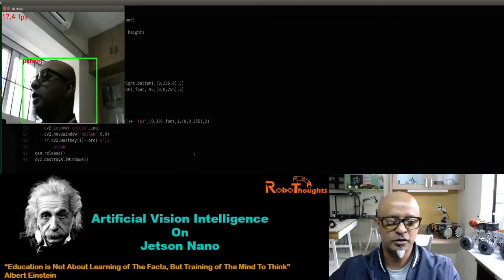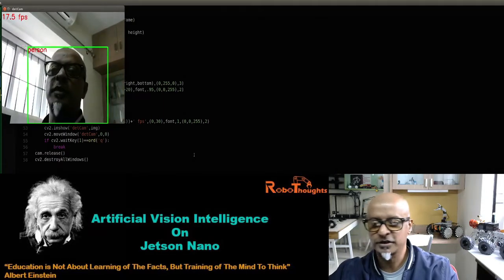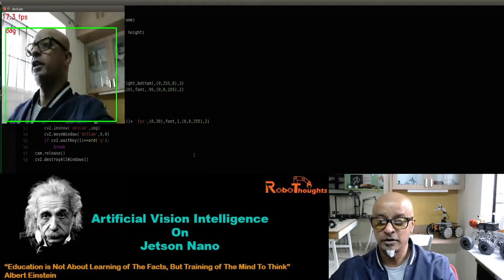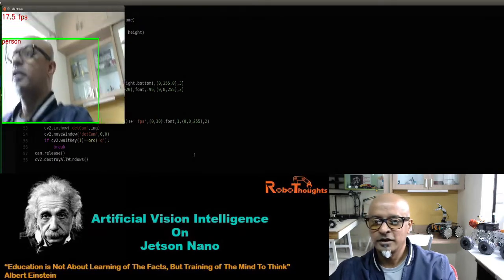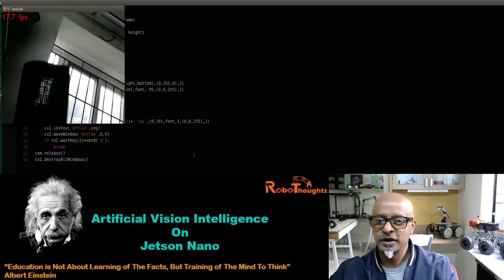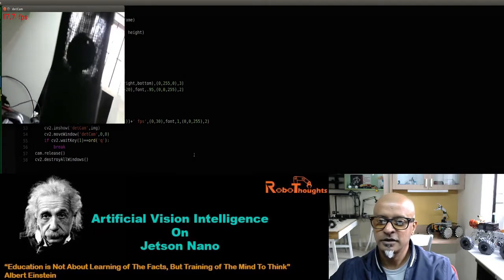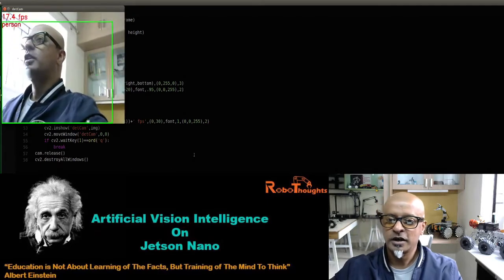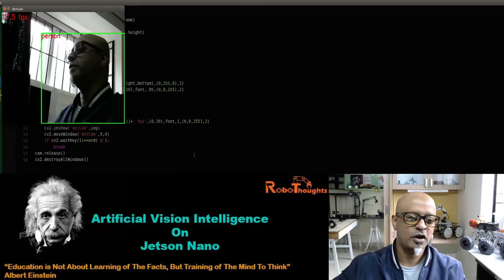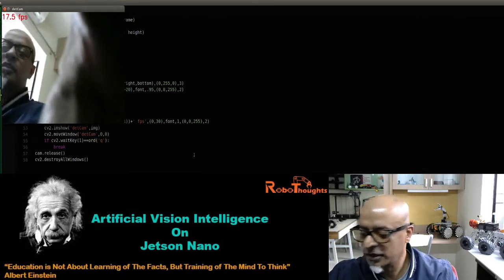Getting close to 20 frames per second is really good, and that too running such a huge amount of data. Looks pretty good. This is a classic example of getting into artificial intelligence with object detection and object recognition.